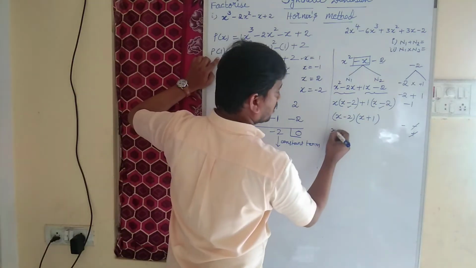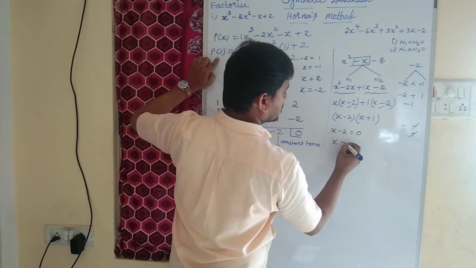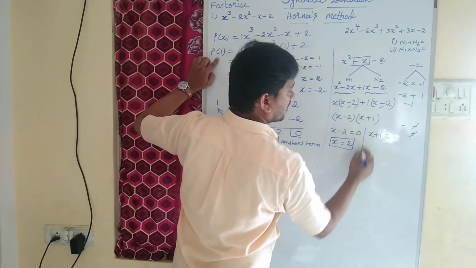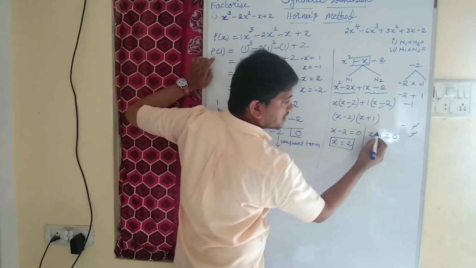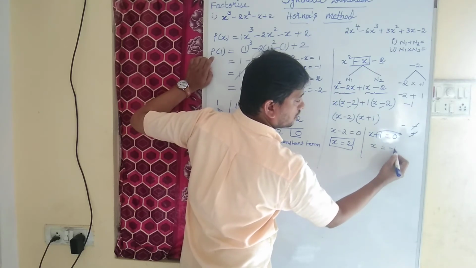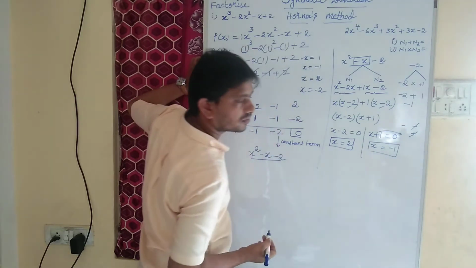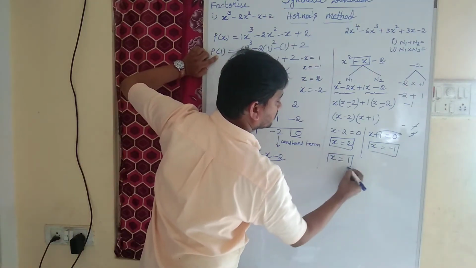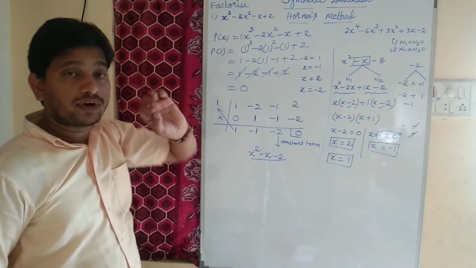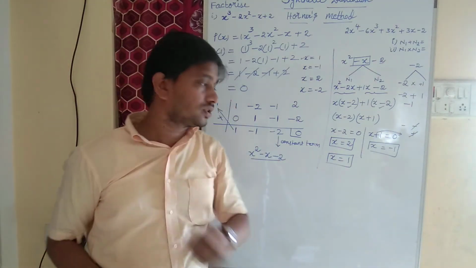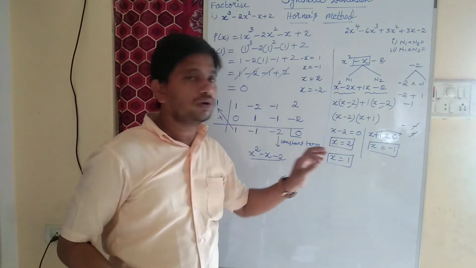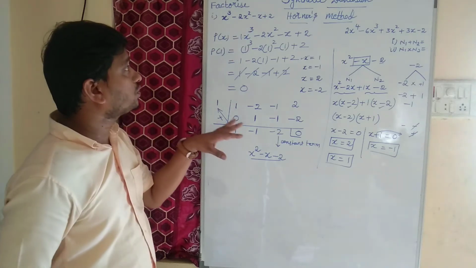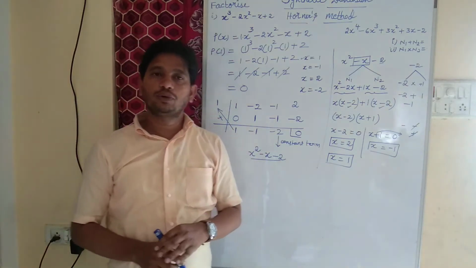So that is x minus 2 equal to 0. x is equal to 2. This is one factor. Here also x plus 1 is equal to 0. Plus 1 you transpose, then x is equal to minus 1. This is the second factor. And also we got one more factor here. We got x is equal to 1 as one more factor. As I said, for a cubic polynomial, we will be having three zeros. 1, minus 1 and 2 are the zeros of the polynomial p of x equal to x cube minus 2x squared minus x plus 2.